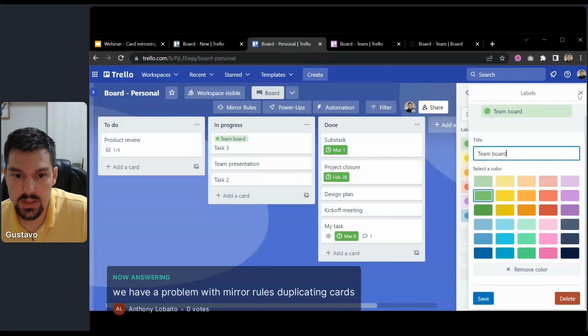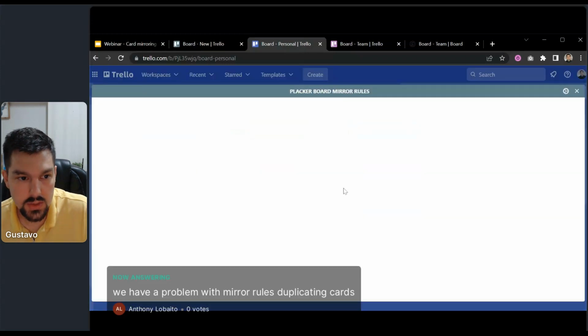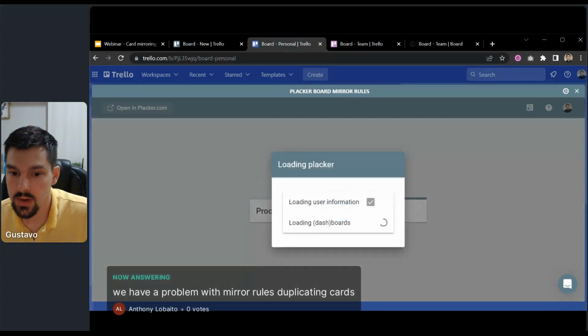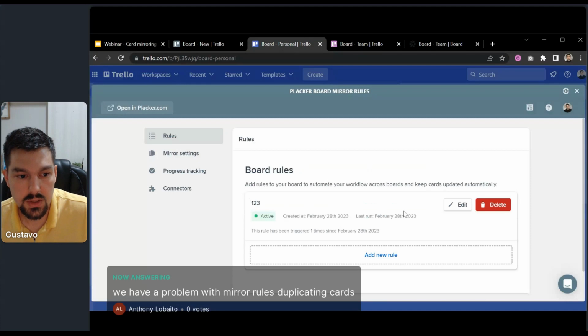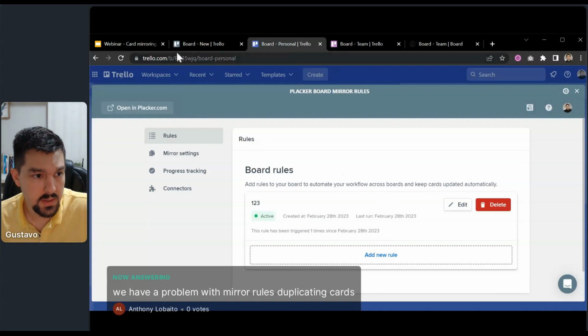And there is a red button in the mirror rules explaining that you have an issue. So if you have a problem with your mirror rules, please check if the conditions are still valid, and if even after checking everything it's not possible to find out the cause, we have our support team ready to help you. So you can send us